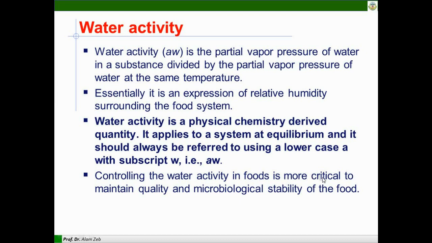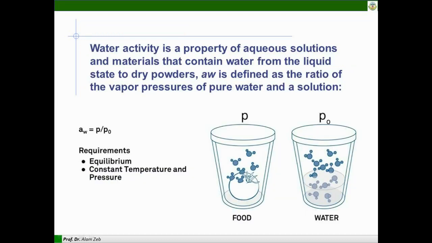Controlling the water activity in food is critical to maintaining quality and microbial stability of food. Water activity is a property of aqueous solutions and materials that contain water, from the liquid state to dry powder. Water activity is thus defined as the ratio of vapor pressure of water in a solution to that of pure water, which is mathematically written as aw is equal to